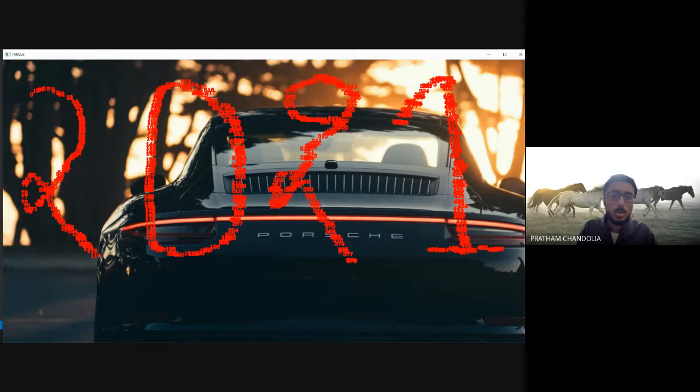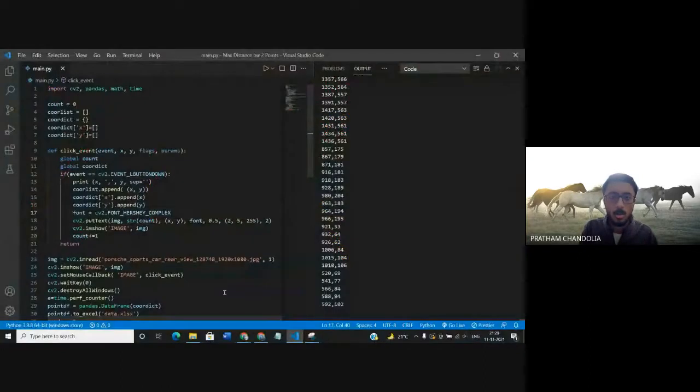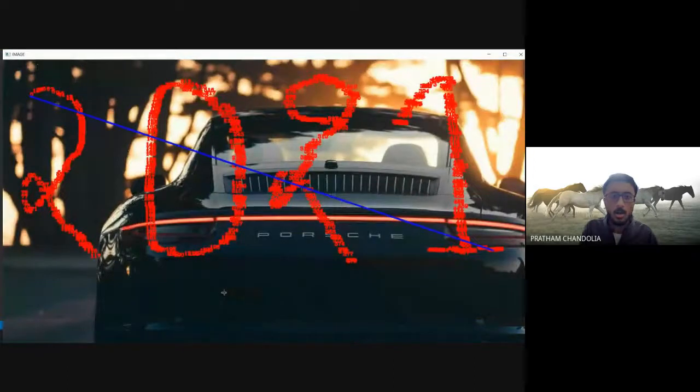Okay, so now it has 517 points. Now on this image, I have to find the maximum distance that is possible between any two points. So I will press any key on my keyboard, and now it has shown the largest distance possible on this picture.